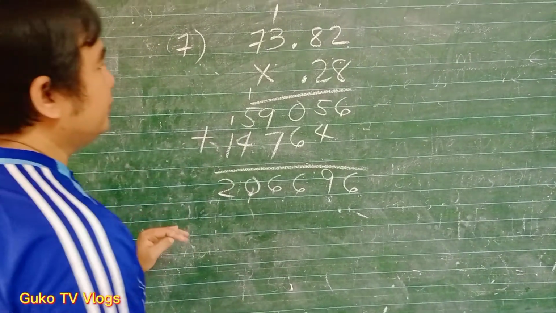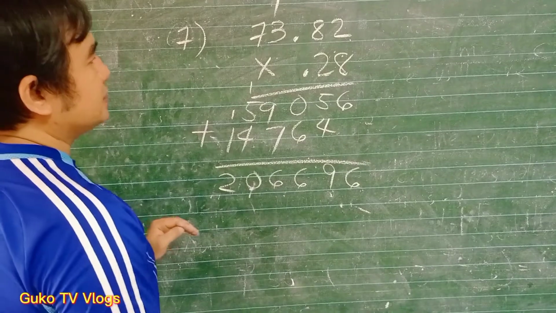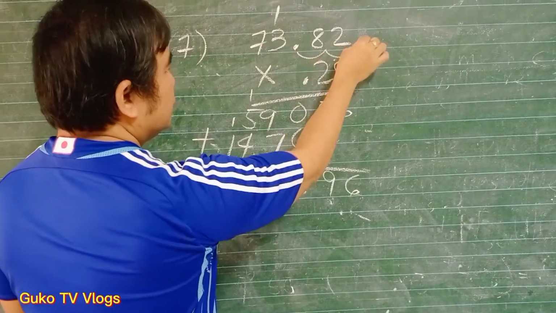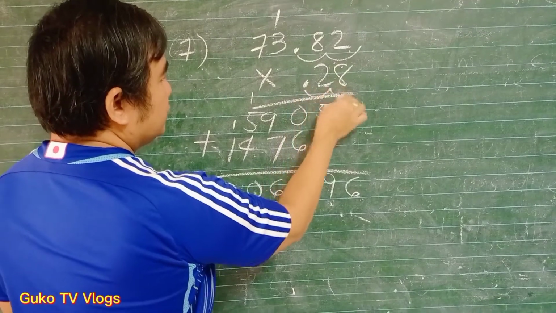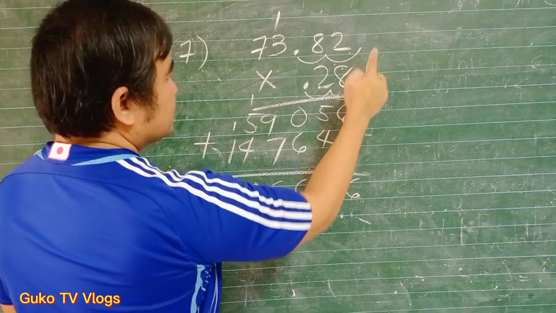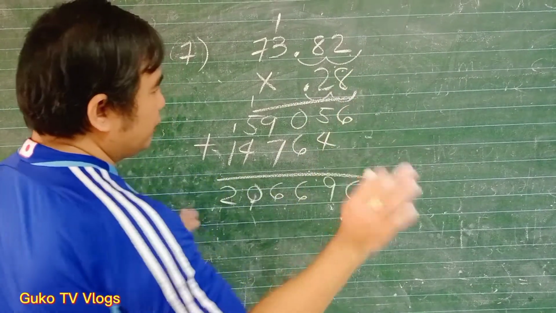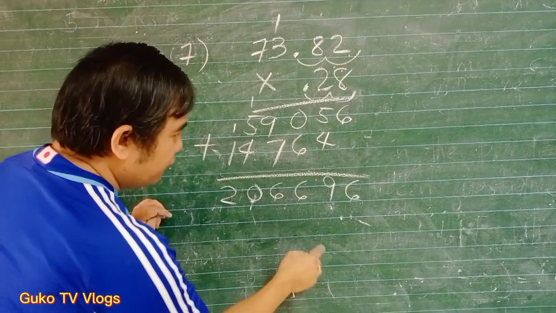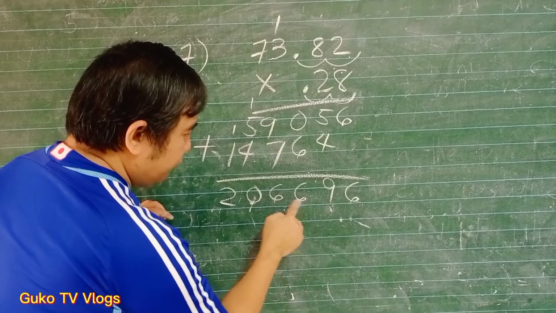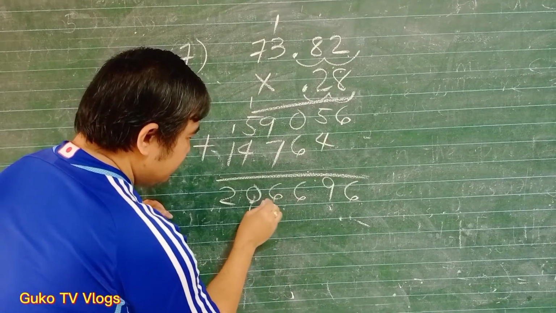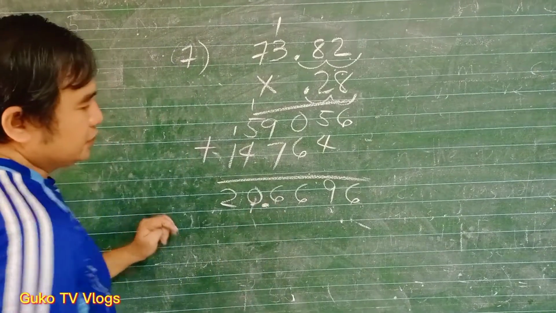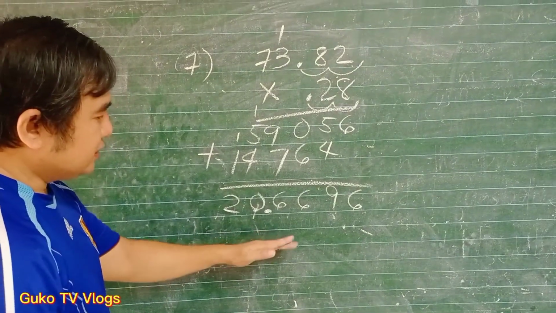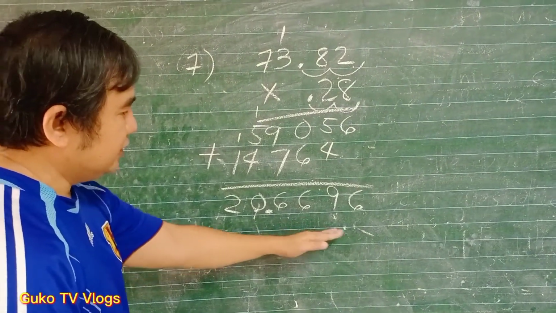Then the last step, we have to count the number of decimal places. So here we have 1, 2. Then here we have 1, 2. So 2 plus 2, we have 4 places in all. So 4 decimal places in all. So we have to count 4. 1, 2, 3, 4. Then put the decimal point. So the answer here is 20 and 6,696